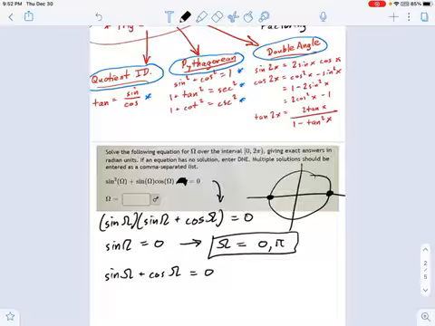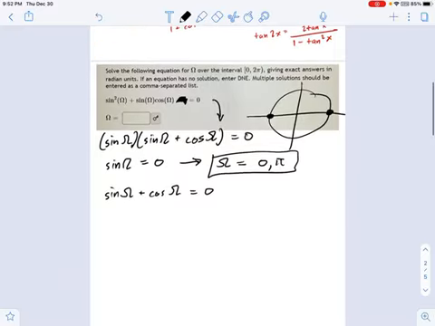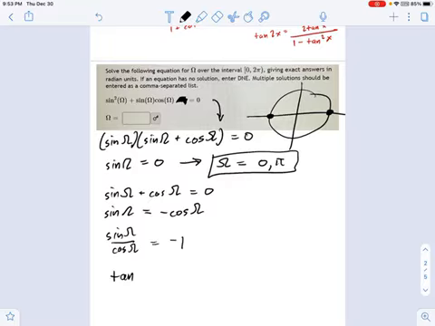I'm going to pick the quotient identity because I know I can't use Pythagorean identities. There's no squared terms here. So use the quotient identity. Sometimes you just have to play around with these things a little bit until you notice something like that. Subtract cosine from each side, divide by cosine. You get sine omega over cosine omega equals negative 1. Now, sine omega over cosine omega is just tangent omega, right? That's the quotient identity at work. So now we have tangent omega equals negative 1.